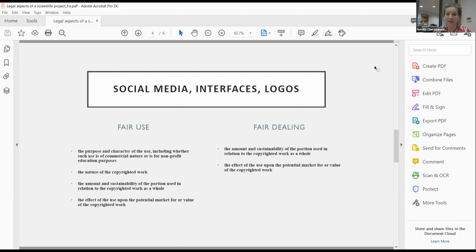So depiction of social media interfaces, web pages, falls into the category of exclusions from normal dealing with third-party protection, third-party objects. Fair use is the doctrine that is used in the United States, and fair dealing is the doctrine that is used in these cases in England. And if we want to use such objects like social media, web pages, etc., we need to meet this four-pronged test, which basically reflects the idea